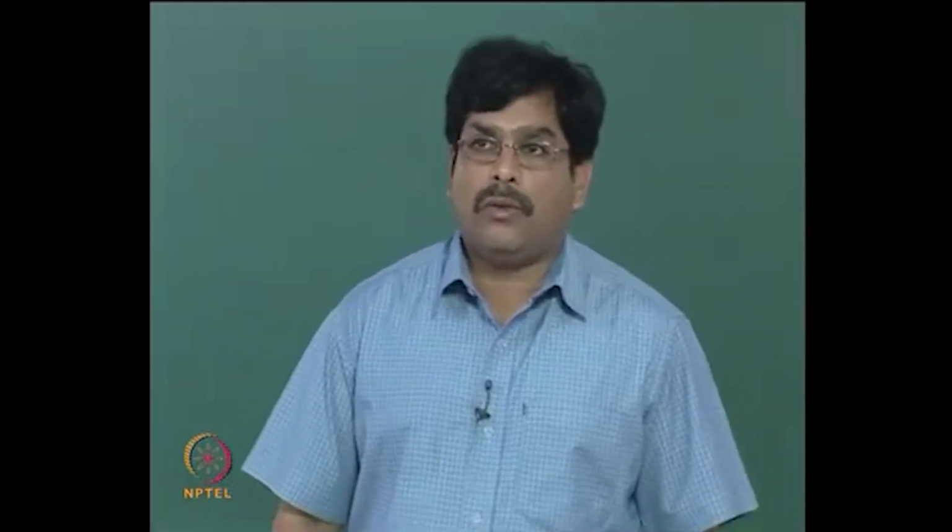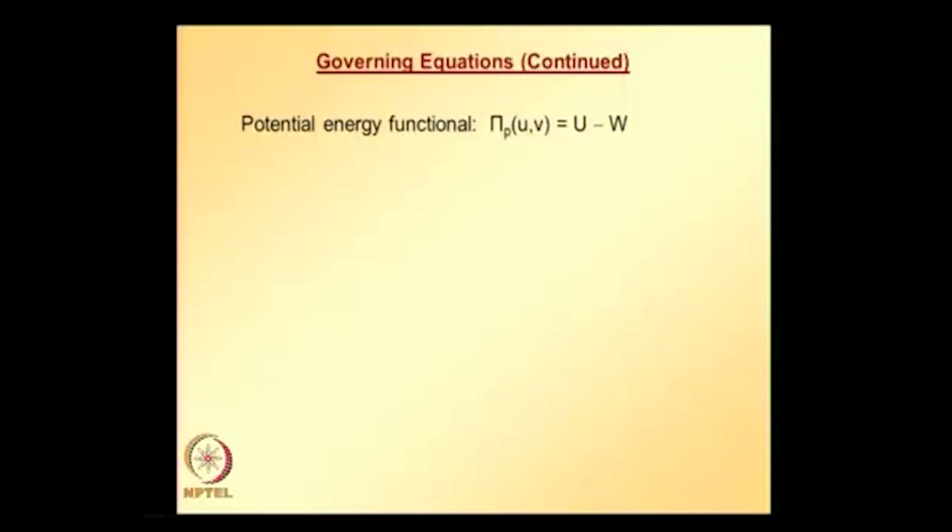Now, before we proceed to derive the finite element equations for a specific element, we need to know the equivalent energy potential for plane stress plane strain problems, or basically for elasticity problems, which is given by this potential energy functional